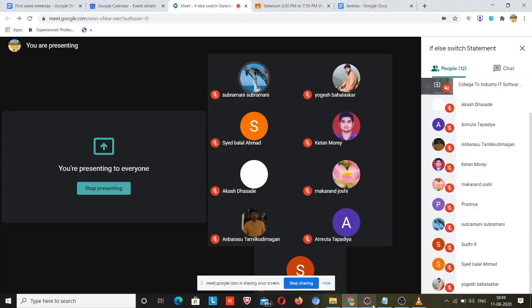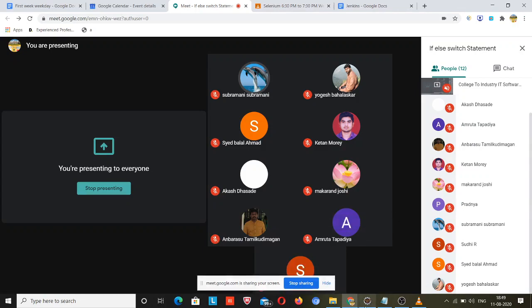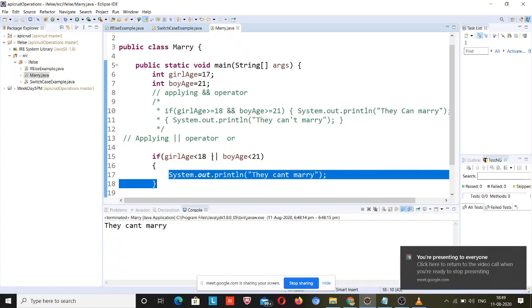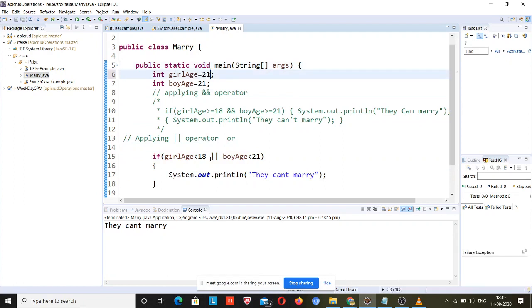Everybody understood? Okay, so I will check with Sudhir if he can answer what the output will be if the boy age over here is 21 and this is 20.